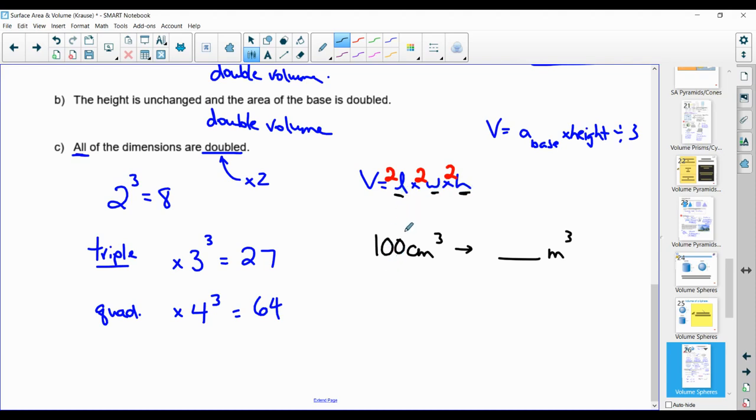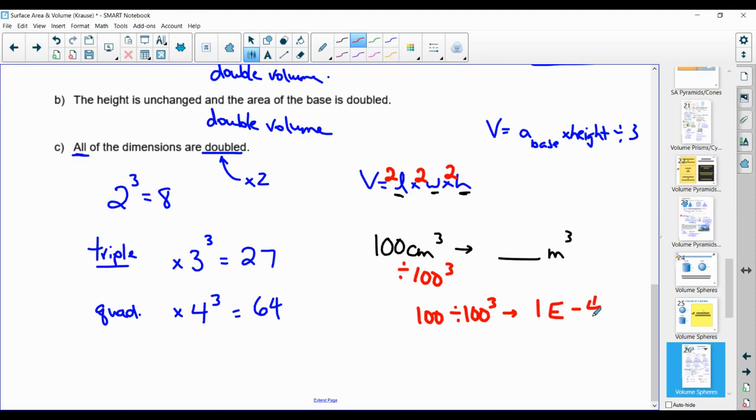So if I want to convert from 100 centimeters cubed to meters cubed, I'm going to have to divide by 100, because going from centimeters to meters, I'm dividing by 100, but because it's units cubed, I'm going to have to divide by 100 cubed. Now, if I put 100 divided by 100 cubed on my calculator, you're going to see something that looks like this,